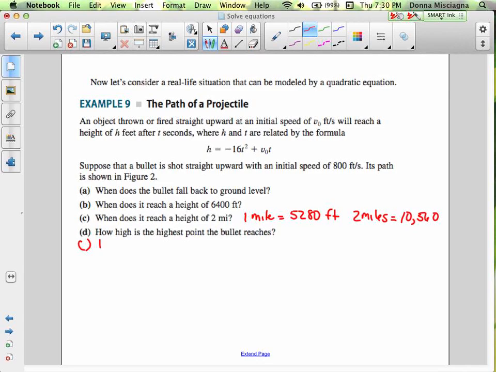So I'll do C here. We have 10,560 equals negative 16t squared plus 800t. So we can move that constant over. So we have 0 equals negative 16t squared plus 800t minus 10,560. And I don't know if this is factorable with these huge numbers, but I think they might all be divisible